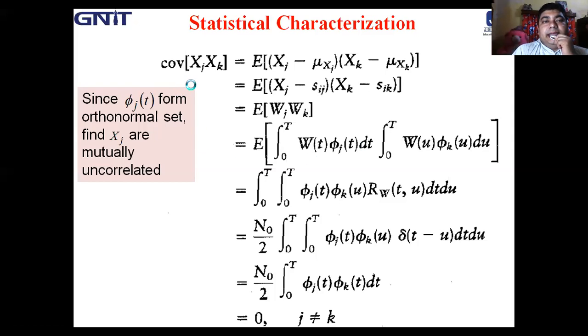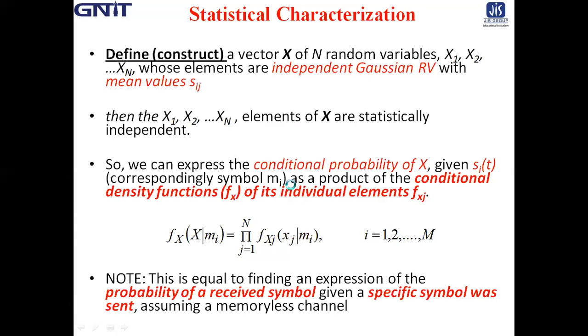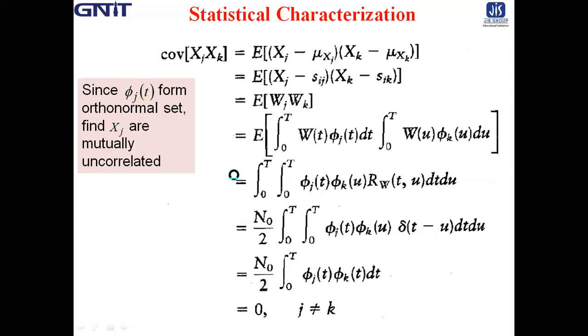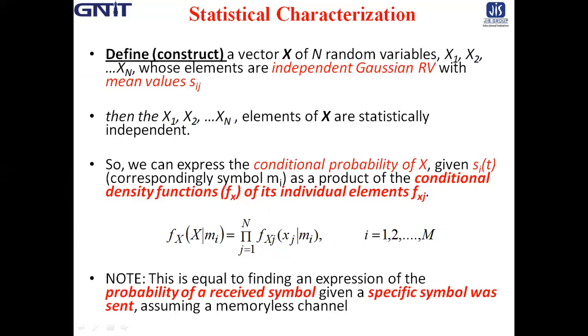That means xj and xk are mutually uncorrelated with each other. Now since the xj are Gaussian random variables, the last expression implies that they are also statistically independent. So define the vector of n random variables x equal to x1, x2, x3